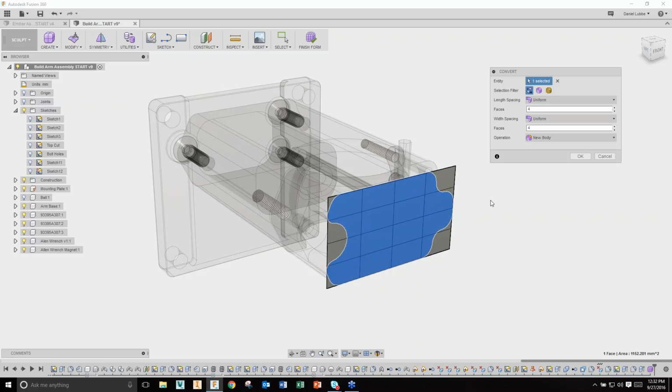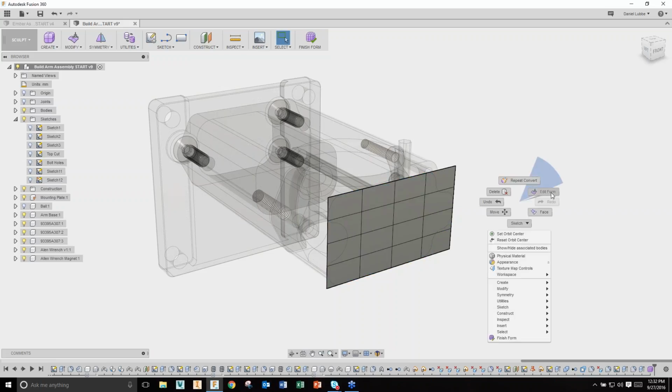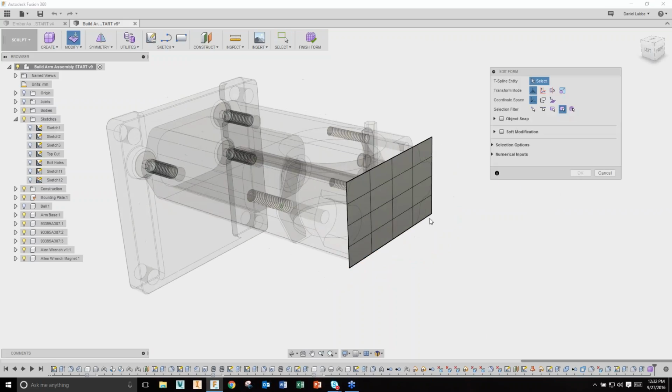And that surface is divided into 4 by 4. Right? So I have 16 faces in this single surface. And the reason we divide them, subdivisional modeling, is so that I can start to manipulate this surface with push-pull capability. So I'm going to come and say OK, and I'm going to right-click and say Edit Form, and you'll